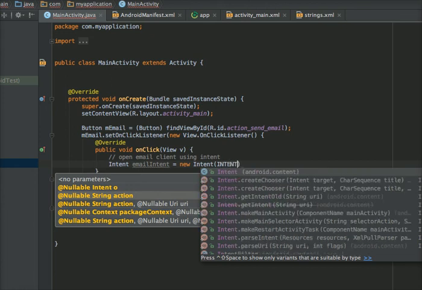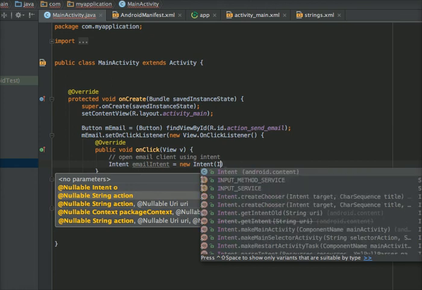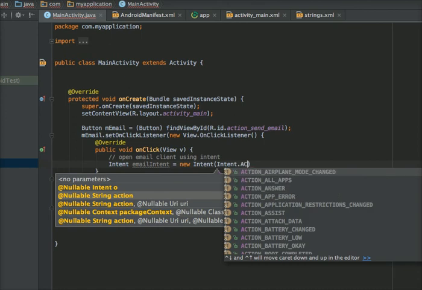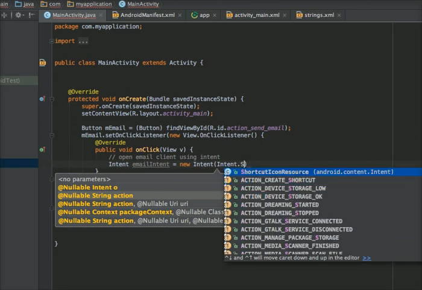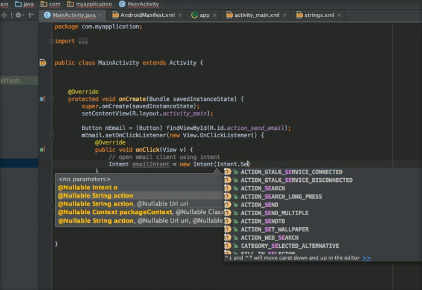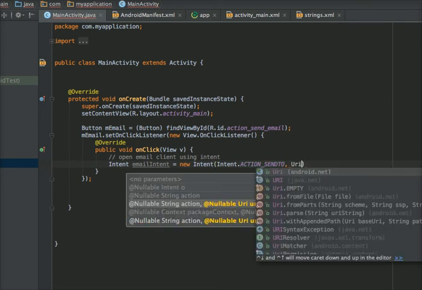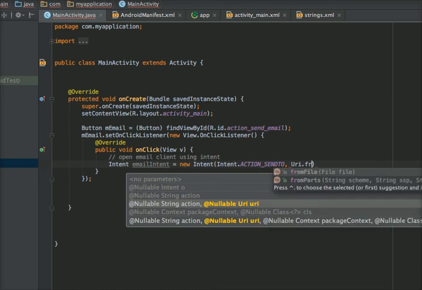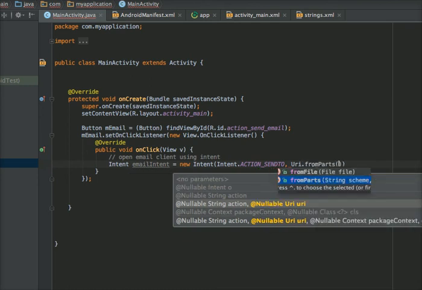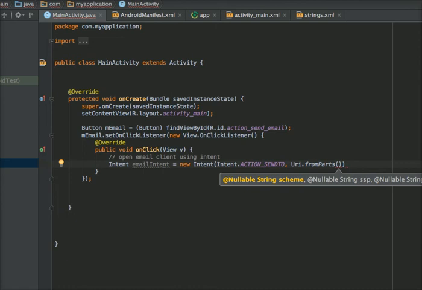Here first I have to pass the action, so I am passing Intent.ACTION_SENDTO, and as the second parameter I have to pass the URI, and call it from the parse method.